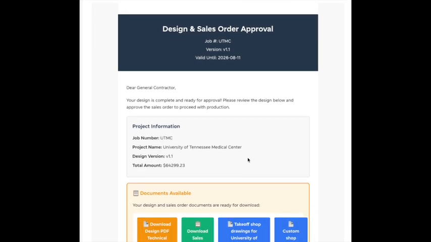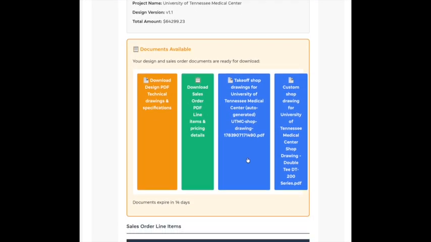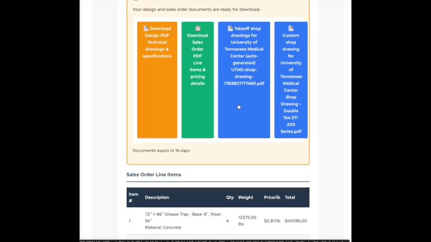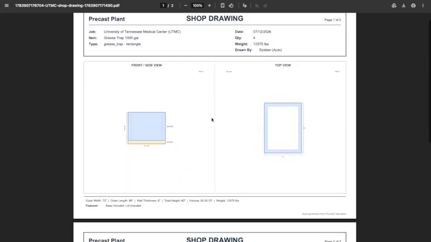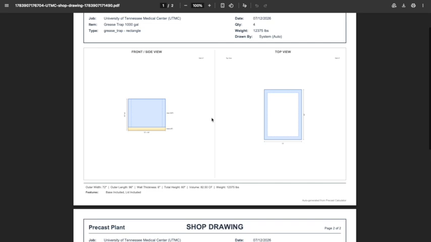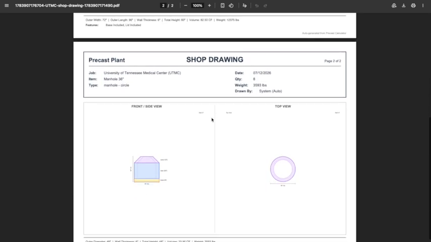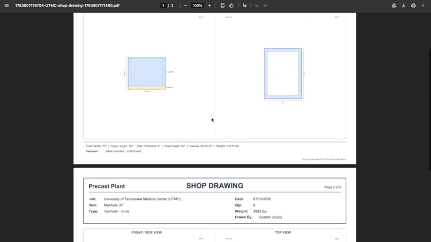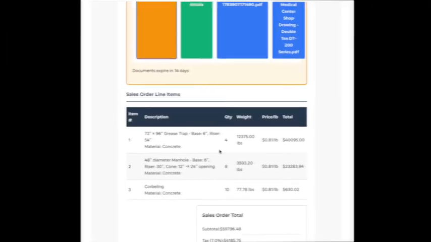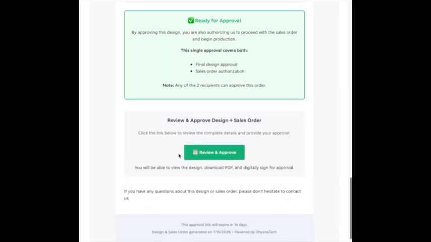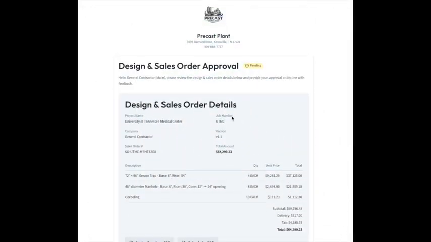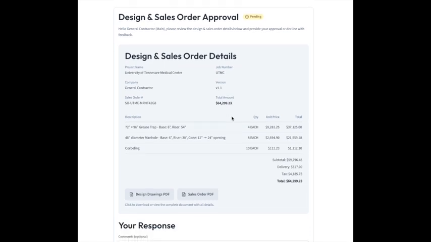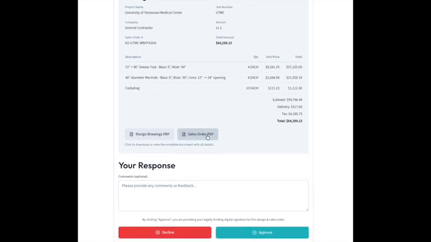This is the email that the customer will receive. You'll see that they've got different documents they can download, the sales order itself, plus all of the shop drawings, including this automatically generated shop drawing of the precast calculator items. In this case, we have a manhole and the grease trap. And back to the email here, they just scroll to the bottom, click review and approve, and it pulls up the approval page automatically on their phone. They can do this from their phone or tablet or computer, and they can approve or decline. And once it's approved,